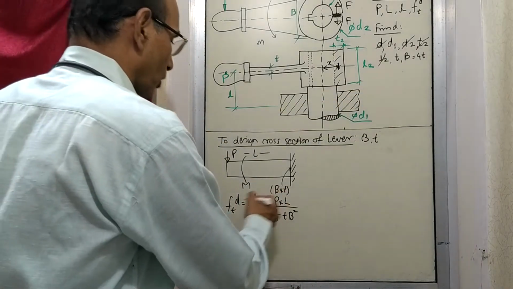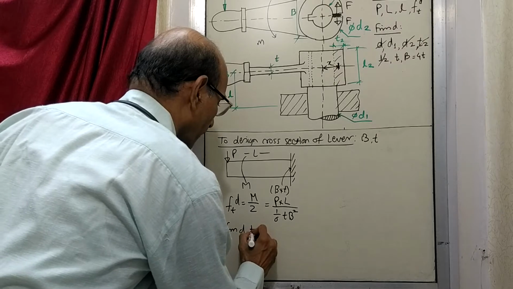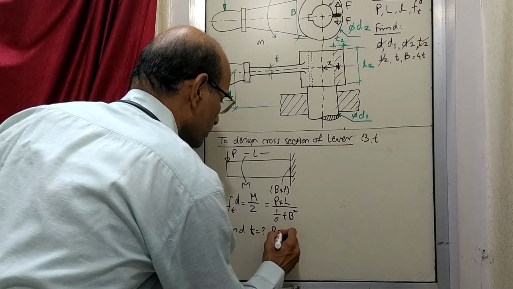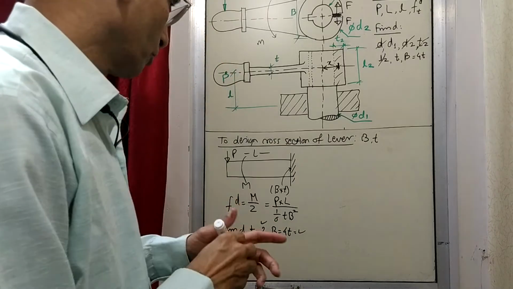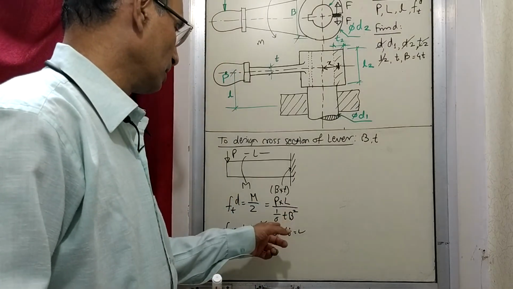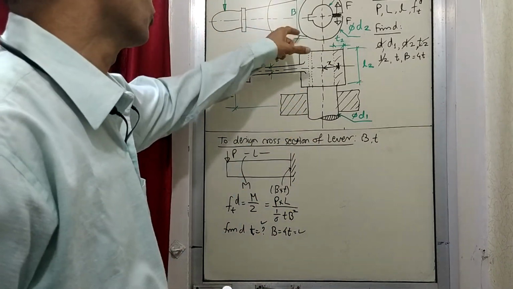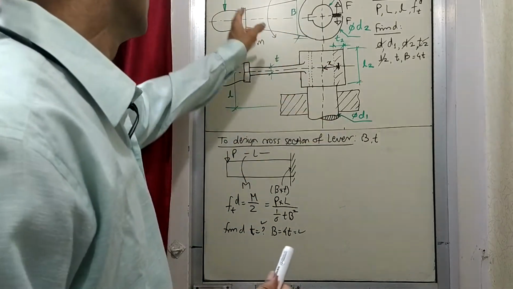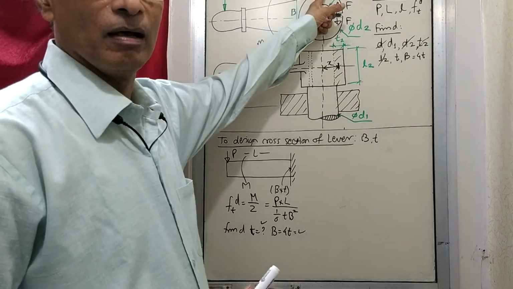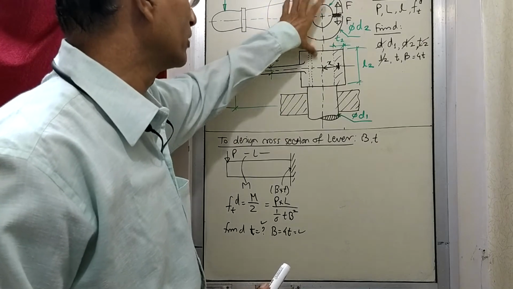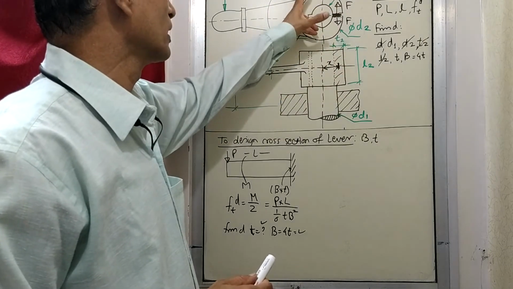So if you fix up all the values, you can easily find how much is T and then how much is B. So write the P value, write L, and then Ft design is given, and you can design the cross section over here. Now you will wonder that force is applied here, this cross section is not here, it is here, we are taking distance L, but then the cross section is here, and then after that there is something else. So why are we taking, why are we not taking this distance?